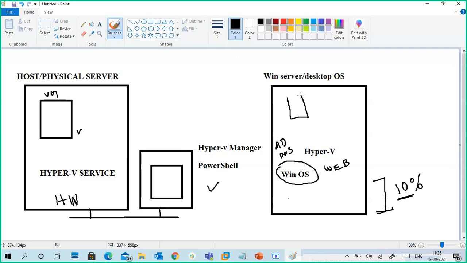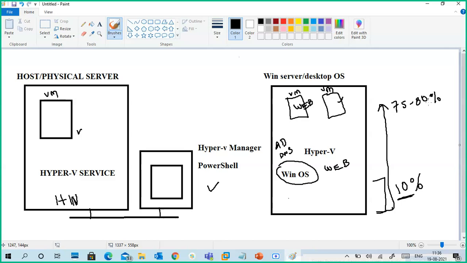So what I do, I will use Hyper-V and create a virtual machine, and then I use this for web services purpose. And I create another virtual machine for another service purpose, or maybe another web server purpose. Multiple web servers we are able to create. Got it? So we can utilize the maximum, like 75 to 80% utilization will be increased in the single server. It means physically certain services are running, but in virtual machines also you can run multiple services.